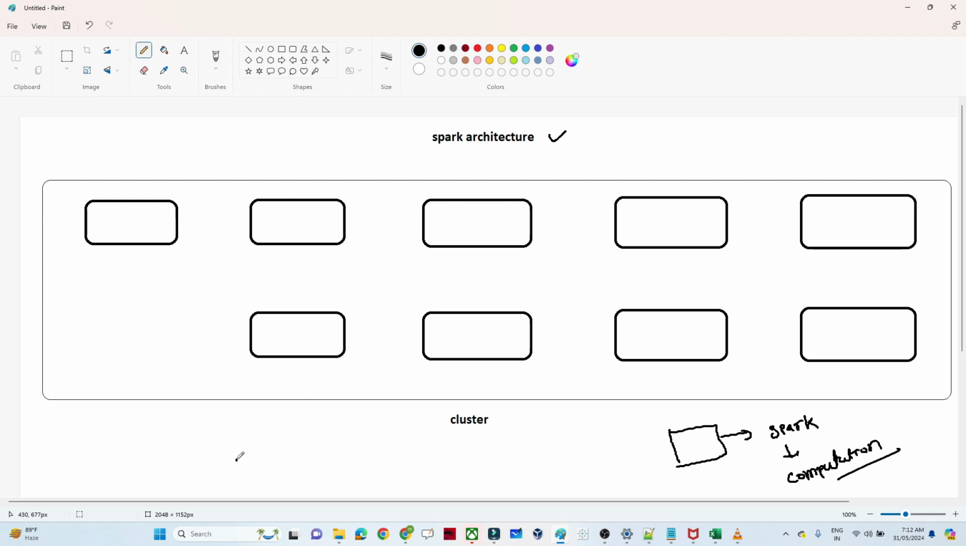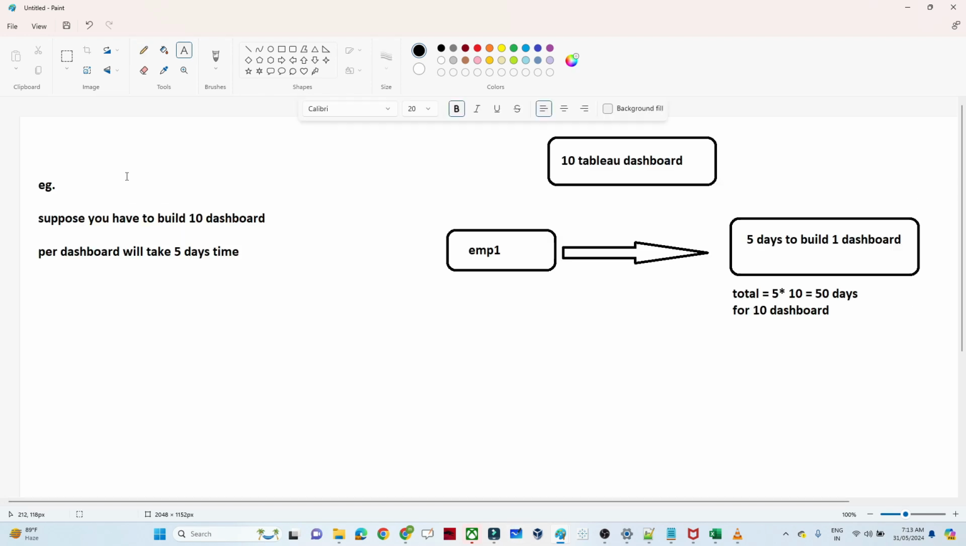Spark architecture generally works on a master slave kind of architecture in a distributed manner. So let's first understand with an example how this distributed framework works, and then we'll come to the architecture part. Suppose I'm working in an organization, and I got a requirement from my project manager. He wants 10 Tableau dashboards to be built. Now if I assign any one employee to build them,